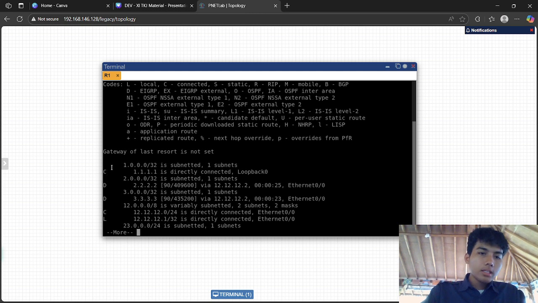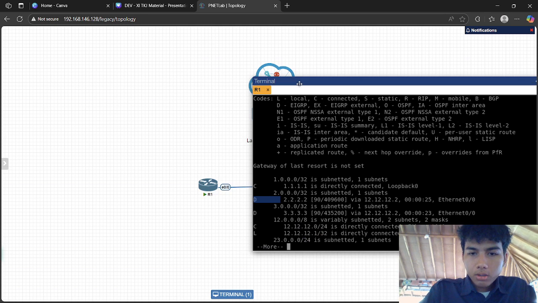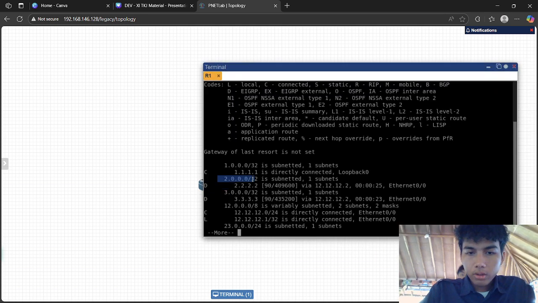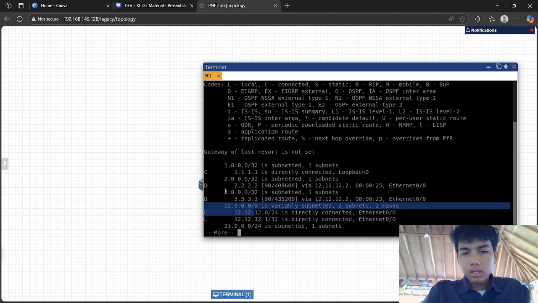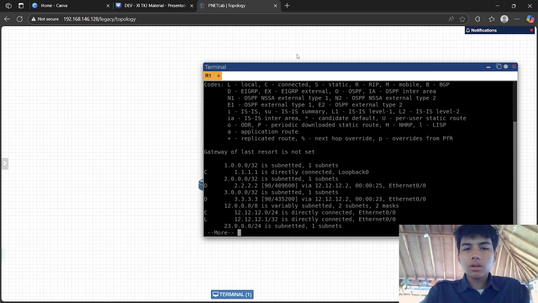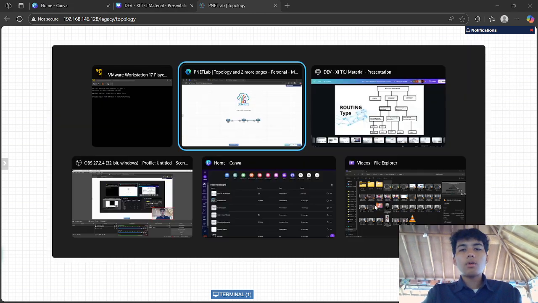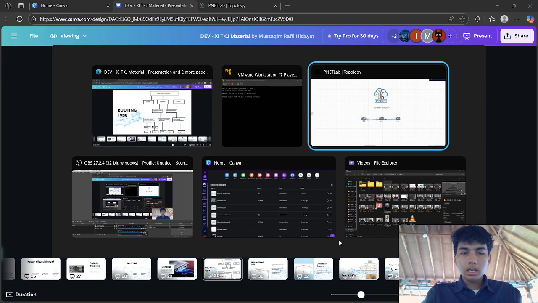Here I have C for connected, which is my virtual interface, 1.0.0, and the neighbor routers' virtual interfaces, which are 200 and 300, and I have the IP addresses 12.12 and 23. So that's what a routing table looks like.